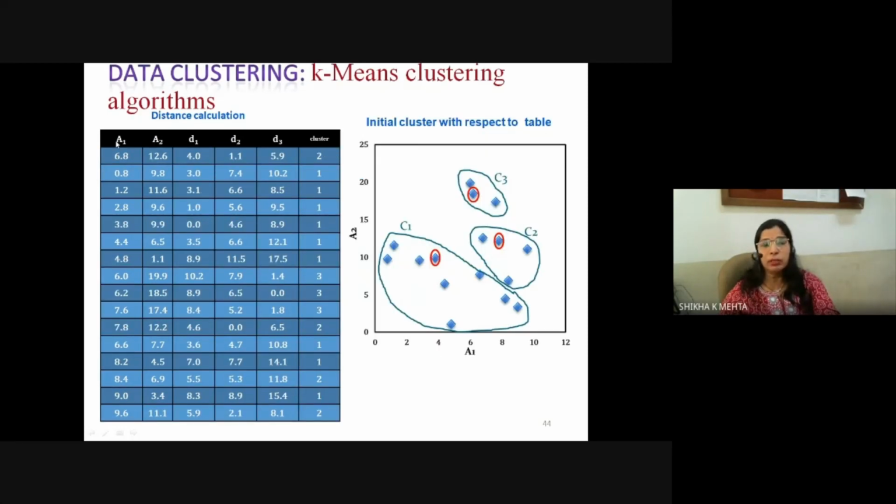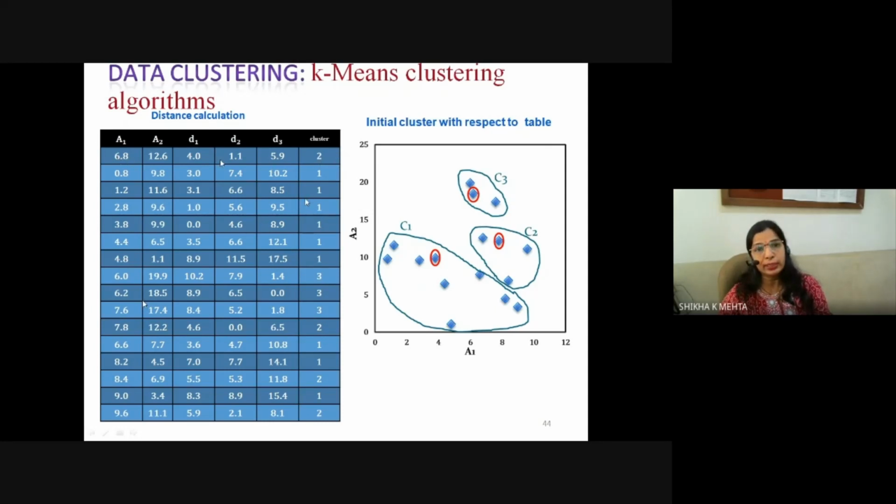So we have A1, the first attribute, and the second attribute. D1 is the distance of this particular data point from cluster 1, D2 is the distance of this data point from cluster 2, and D3 is the distance of this data point from cluster 3, and accordingly we have shown the complete distance calculation. And here you see the cluster number that is assigned to the first data point is 2, because